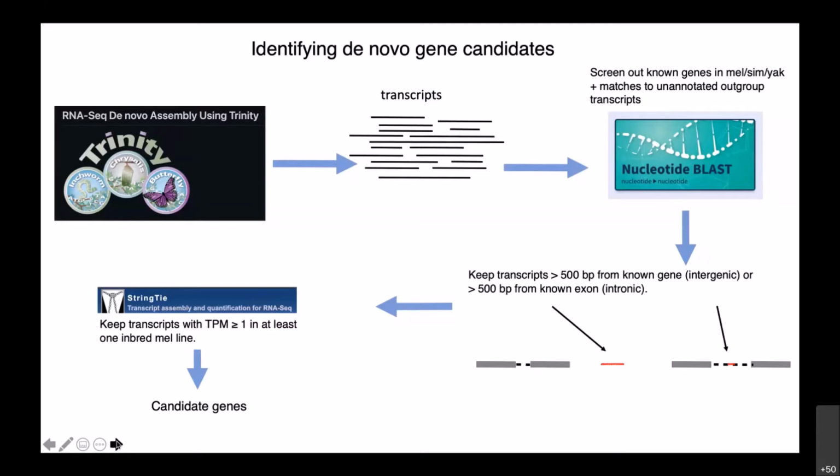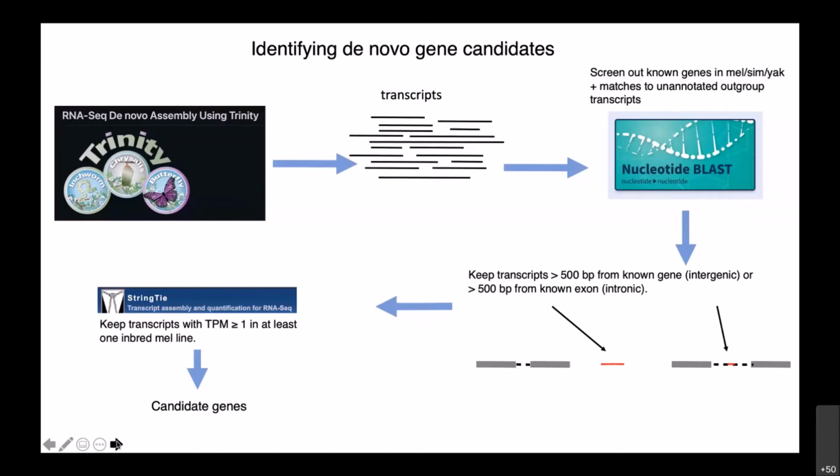When we filtered out all of that, we take what's left, we go back to the inbred lines and then estimate transcript levels. And we keep those genes where TPMs are at least one in at least one melanogaster strain. So that's kind of the pipeline for identifying these candidate or putative de novo genes, in this case expressed in the accessory gland. All right, so we did this, and what did we discover from looking at all this accessory